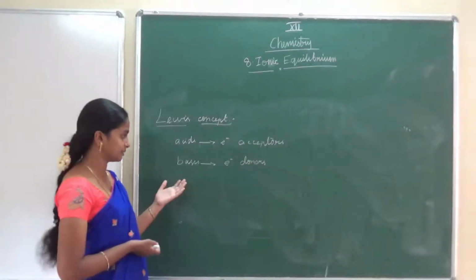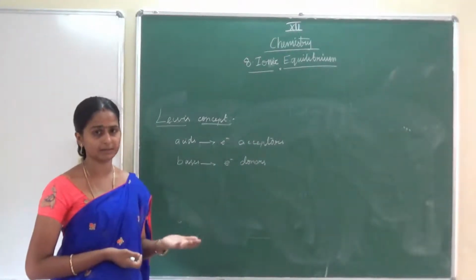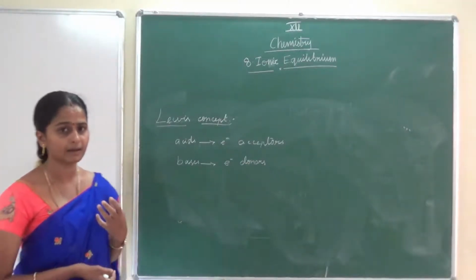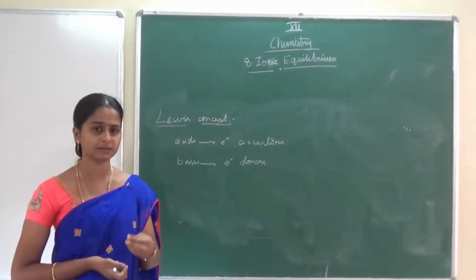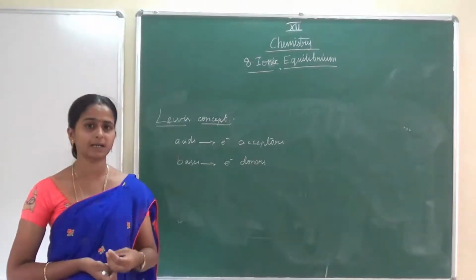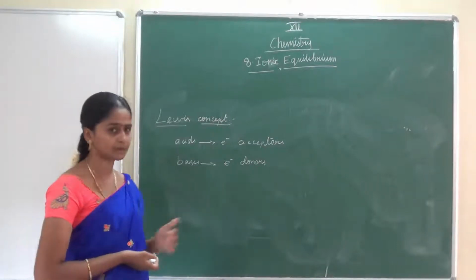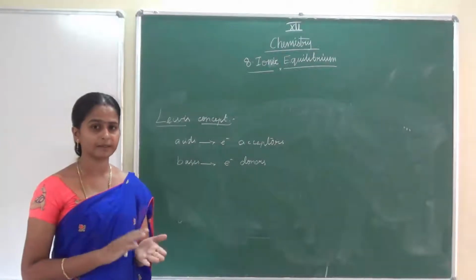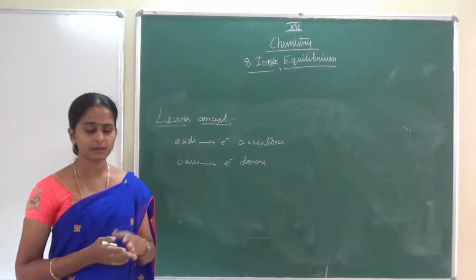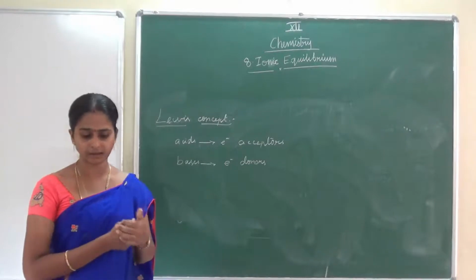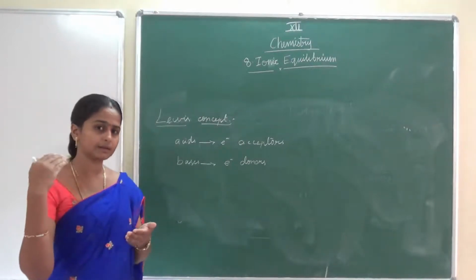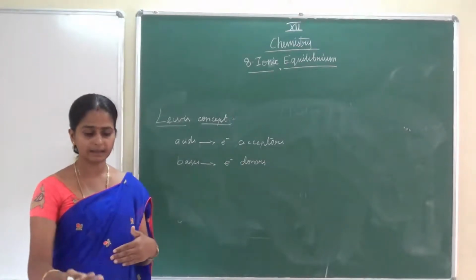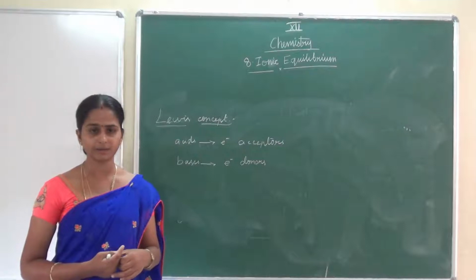Then bases are electron donors. They must have a lone pair of electrons or a negative charge. Any atom or compound which possesses a lone pair of electrons or a negative charge on it can act as a Lewis base. That's all. One box is given there, the difference between Lewis acid and Lewis base. Lewis acids are electron-deficient molecules, Lewis bases are electron-rich. These are positive, these are negative, and they have given some examples also.